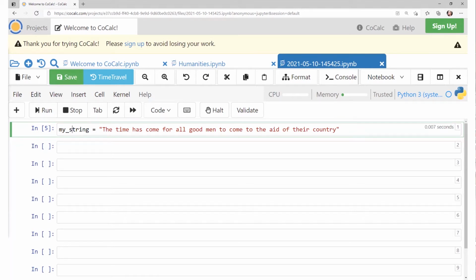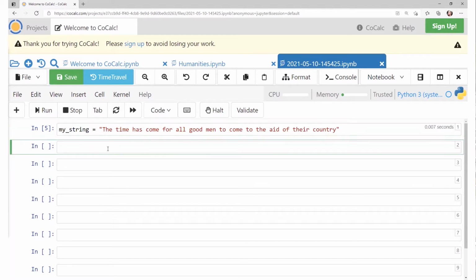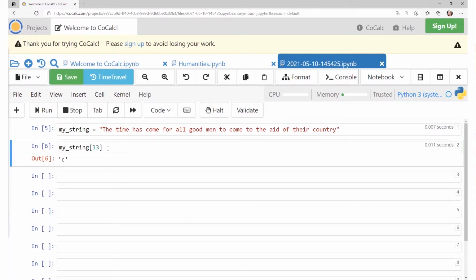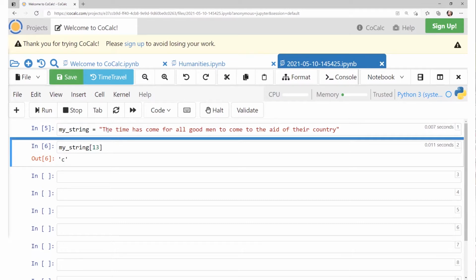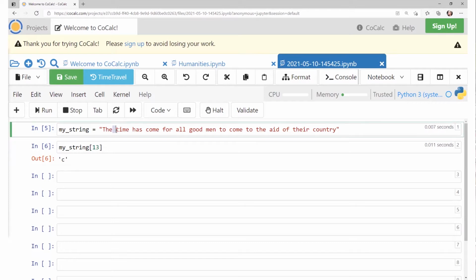Now, what we did before already is we tried to extract parts of strings. So, parts of lists. And the same thing happens when you try to find a part of a string. So if I type in my string, and again, it is case sensitive, and I type in 13 and I run it, I get C. Now that can be a little bit confusing or a little bit frustrating to a lot of people, because that means it is the 1, 2, 3 space 4, 5, 6, 7, 8 space 9, 10, 11, 12 space 13th